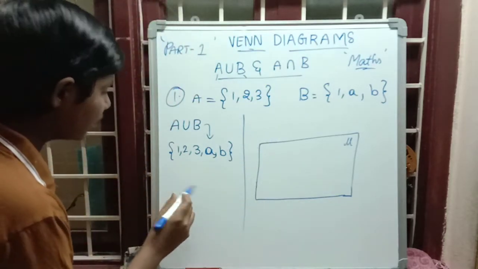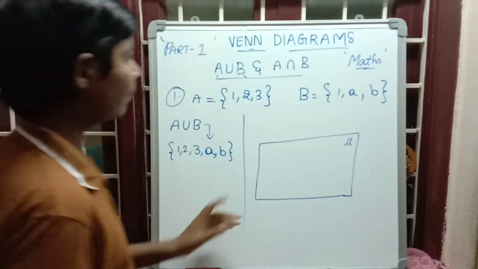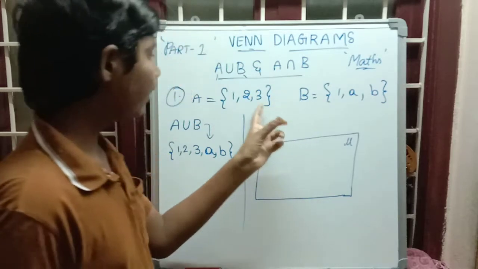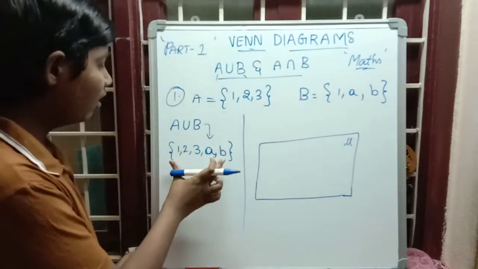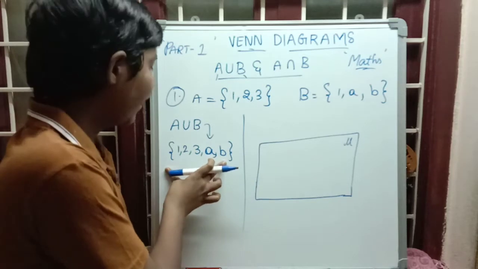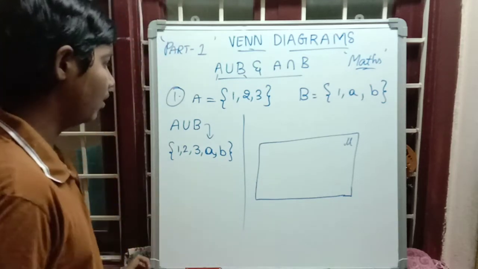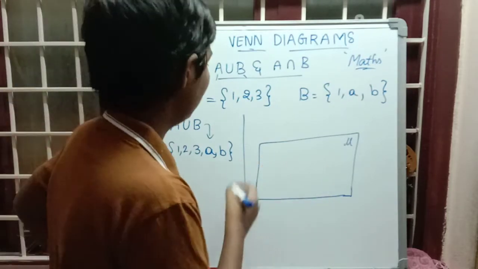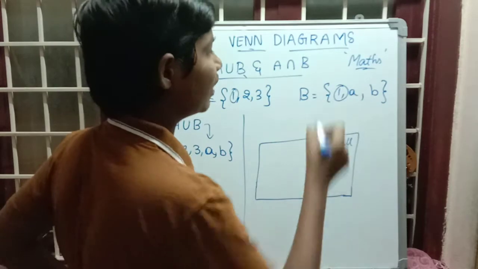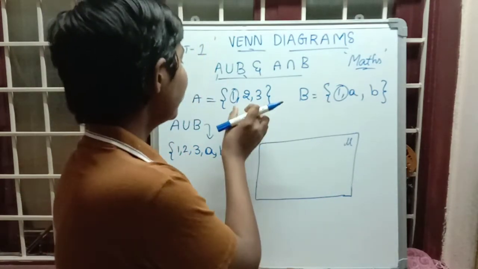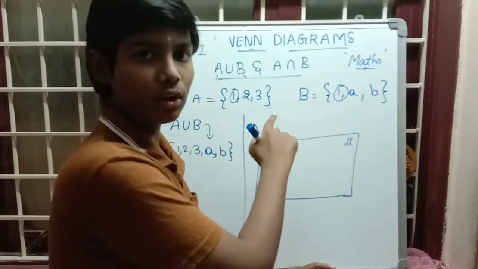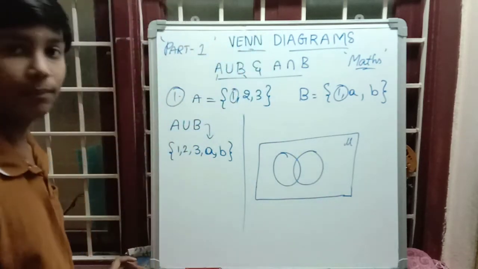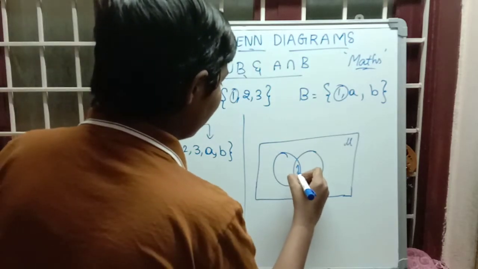But what is the definition of union here? We are combining the two sets, and finally we get the A union B answer in roster form. So according to the question, we have to draw circles. Here one is there and here also one is there. So in set A and set B there is at least one element common. At that time we have to draw like this. Here one will come. I will explain.